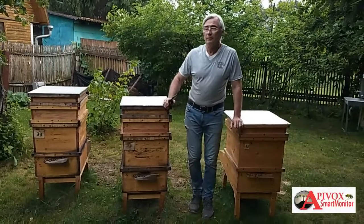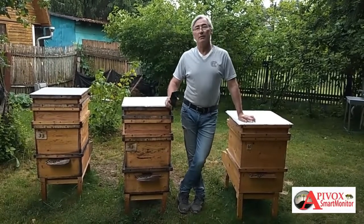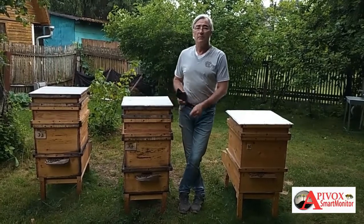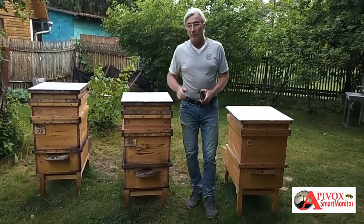Quick control of 3 hives. Good afternoon, dear friends. Today I want to show you a quick control of bee families using several modes of Apivox Smart Monitor. It is the beginning of July now, the honey harvest is underway, the bees fly well, but